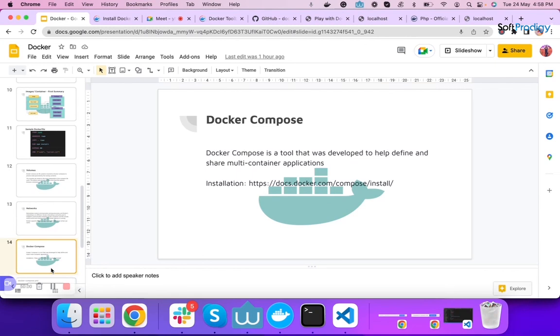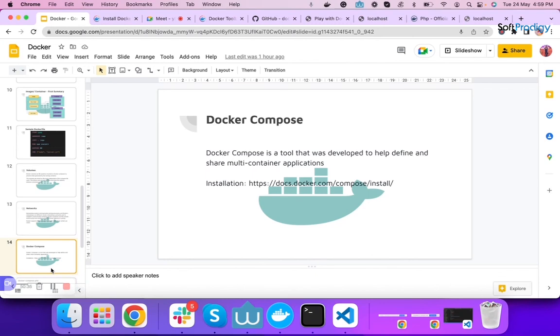I'm just explaining this a little bit because Docker is a huge topic and I can't cover everything in a single slide, so I'm giving you an overview. Suppose we have to divide our application into multiple modules. That means we have to create multiple images and multiple containers. Then it is a challenge to run each container by giving its ID, to run each image, and to perform certain steps on every container.